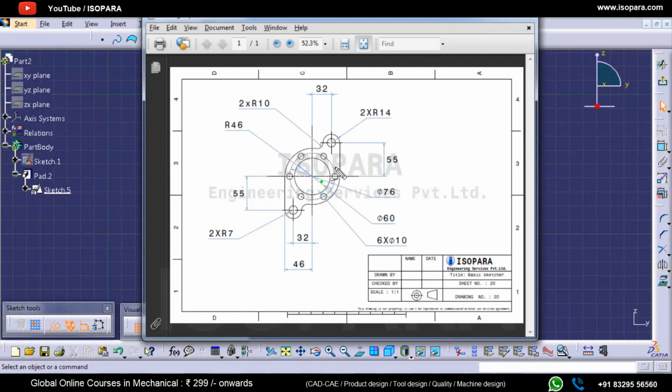So what can I do to make these circles? First of all, whenever you find some pattern in your features, try to make it in the part modeling. Never try to do it in the sketching. I will show you why.